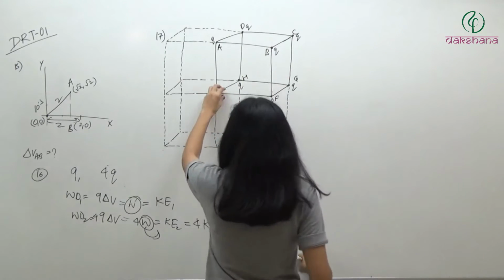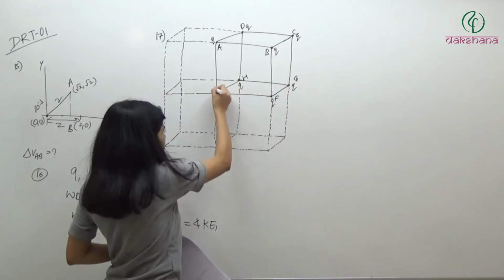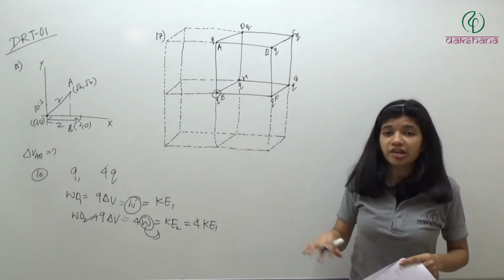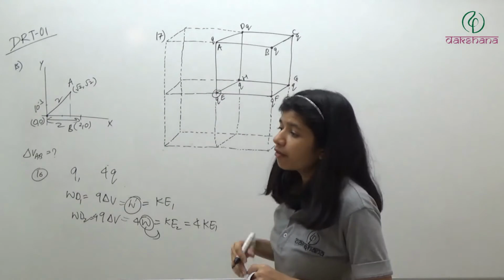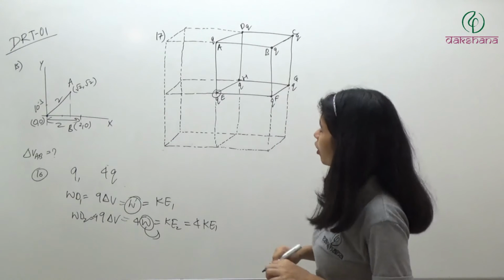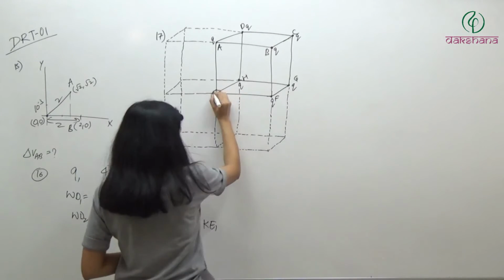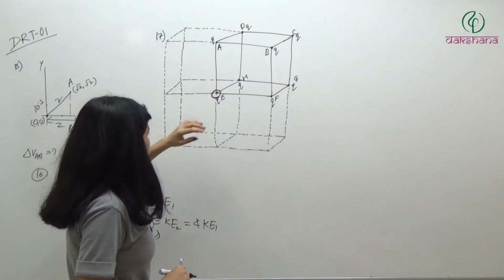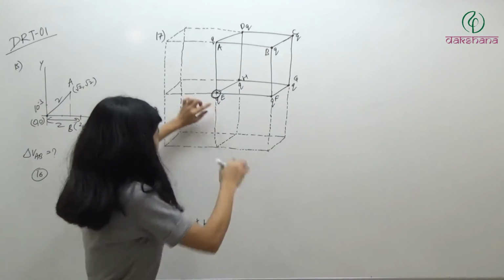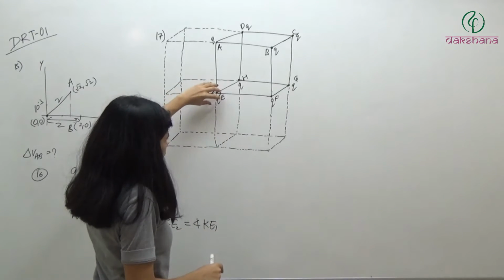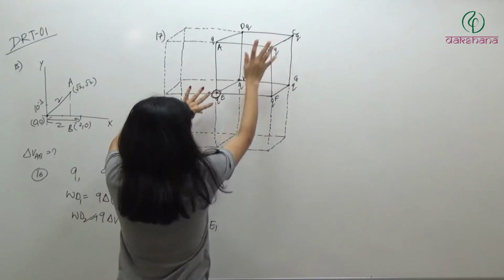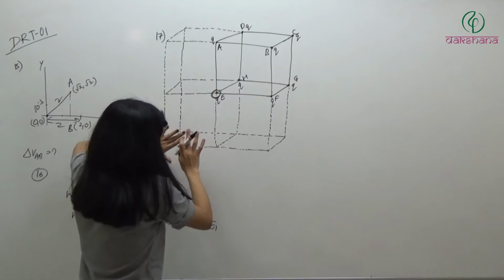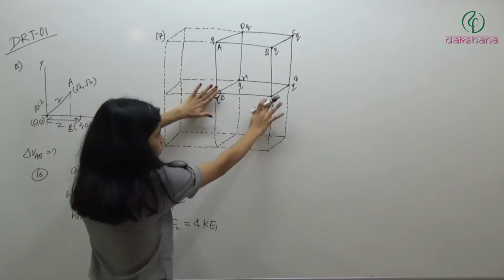Now let's focus on these 4 charges. So if we are able to make a symmetric closed surface, then we can find out the flux through Gauss law. So what we'll do, we'll make a symmetric structure around this charge and find out the flux. This charge is kept at this particular corner. So we have a cube here. Now we have assumed another cube here, again another cube on this side, another cube on this side.